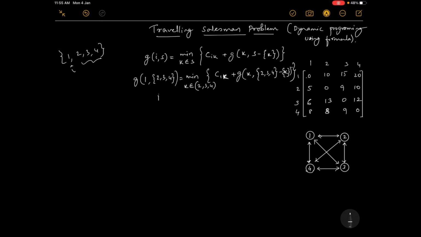Suppose you have chosen location 1. Yes, we have chosen 1, correct? 1 is our initial position, I is the initial position. Out of this you can choose anything, 2, 3 or 4. So if you choose 2, what will happen? If you choose 3, what will happen? And if you choose 4, what will happen? So what is the cost incurred? We'll derive it and understand it.